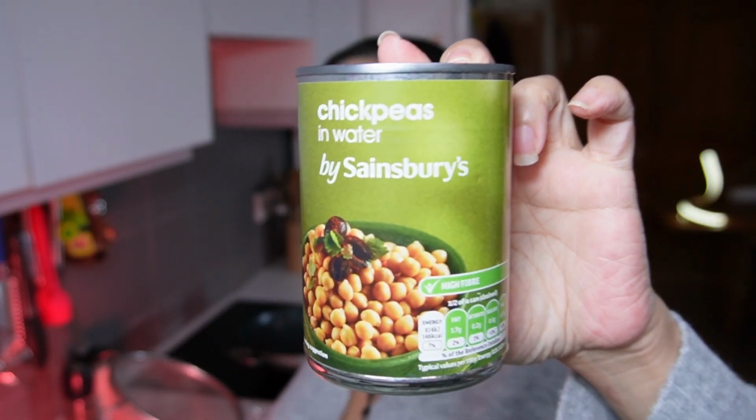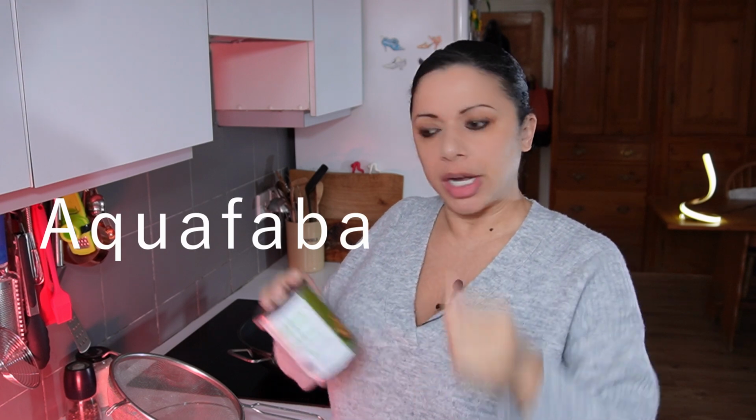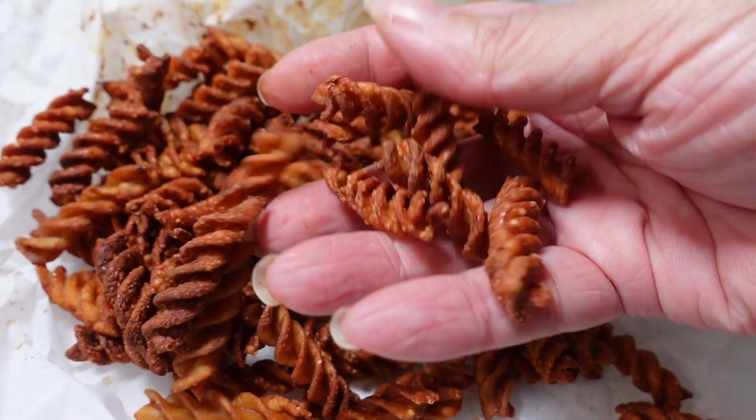Canned chickpeas come with a liquid inside the tin that's called aquafaba. I'm going to save mine, put it in an ice cube tray and then just freeze it, because you can use that as an ingredient. I've used it to make chocolate mousses in the past. I also used it in the twiglets and one of the granolas that I made a while ago,